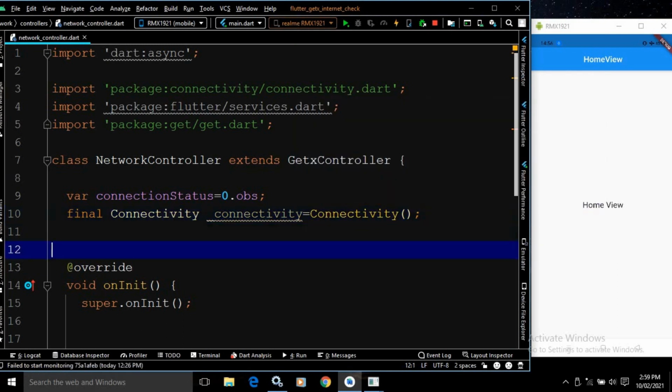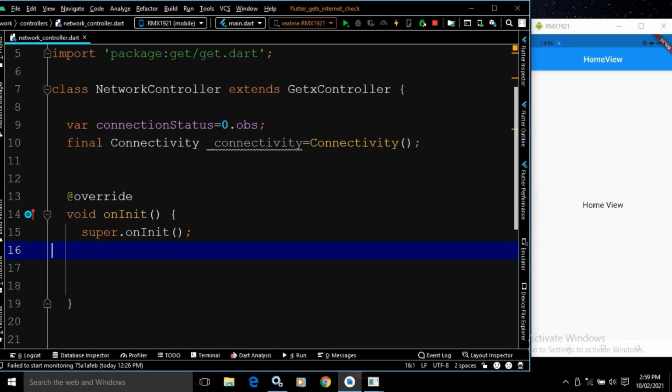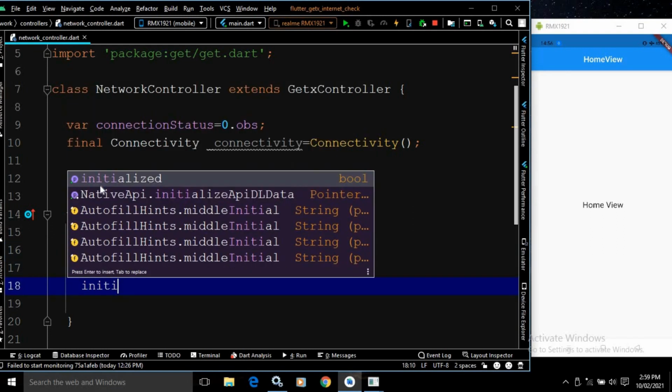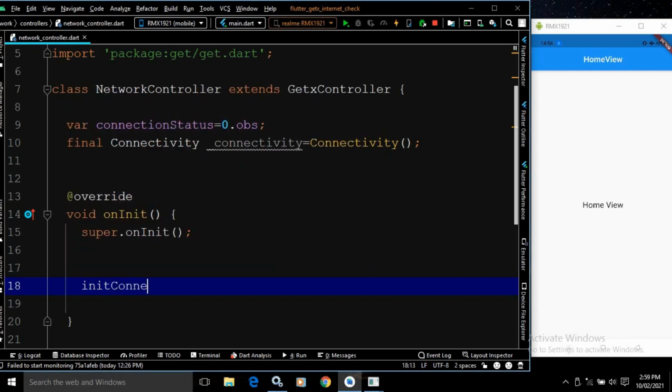After that, inside the onInit method, I will call a method initConnectivity. This is a user defined method, not a predefined method, so here I will create this method.